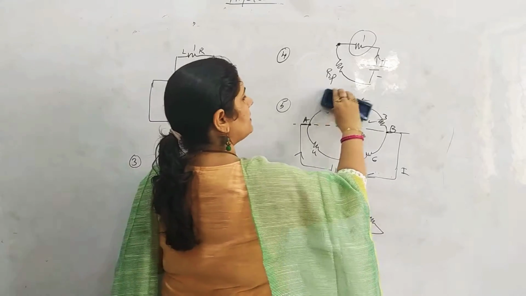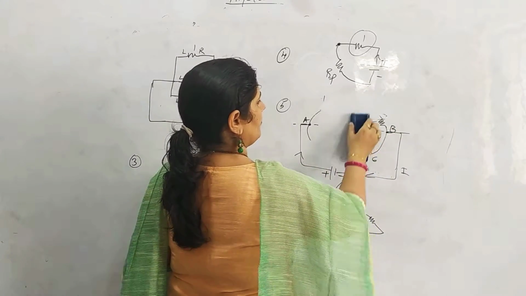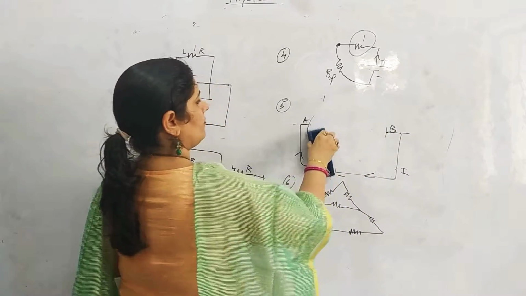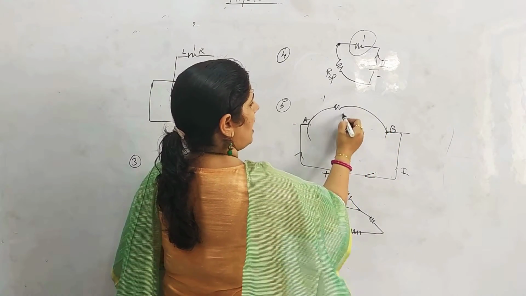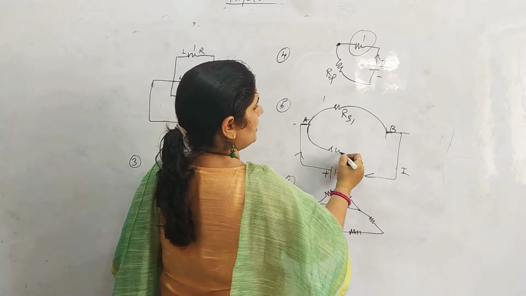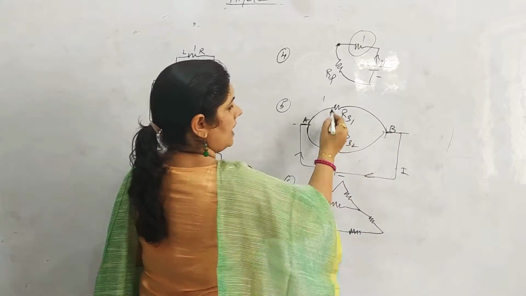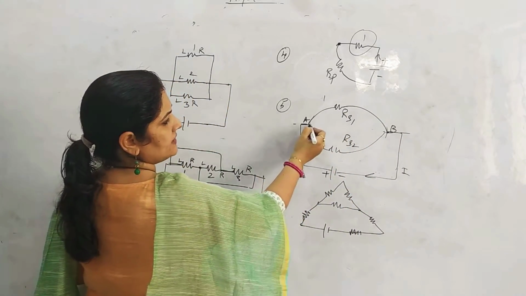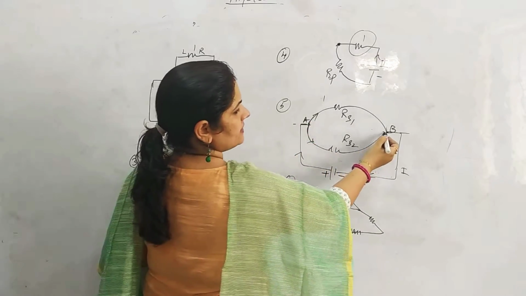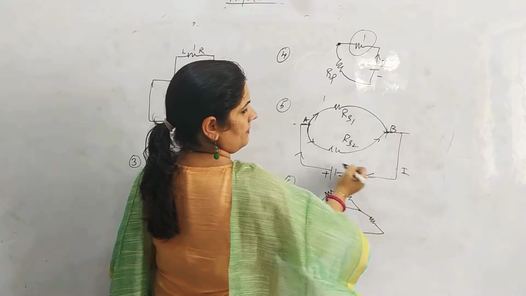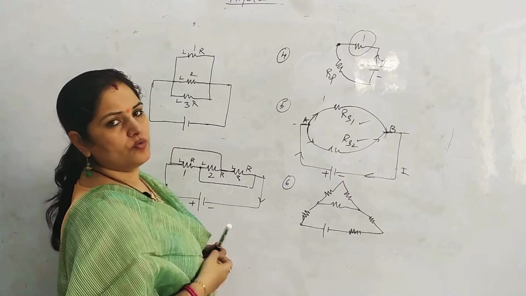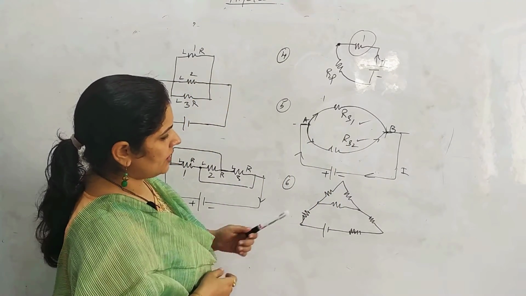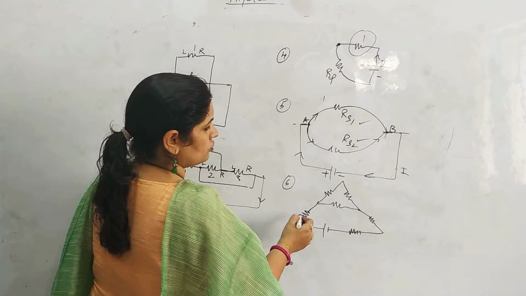Let us simplify the circuit now. So what was happening from here was RS1, and what went from here is RS2. Now look at RS1 and RS2. The current flow divides from here, divides from here too, and it is coming back. So RS1 and RS2 will be in parallel now, and that is how we solve the circuit. Now the last one, I think you are able to solve it now.